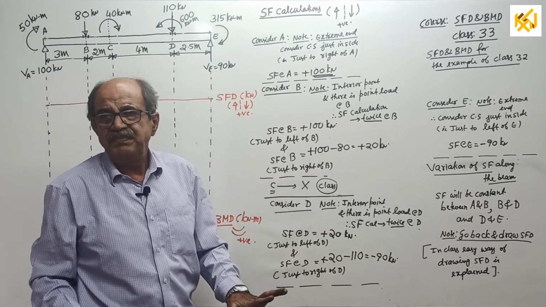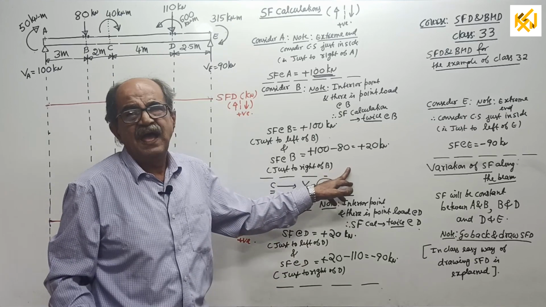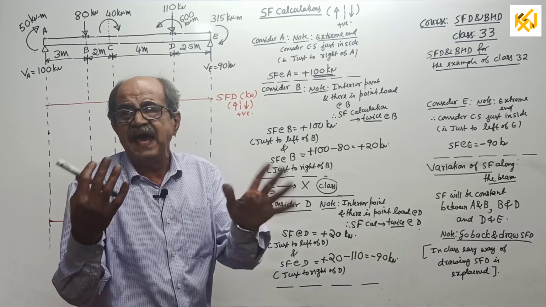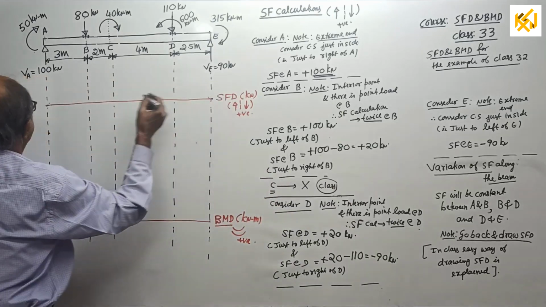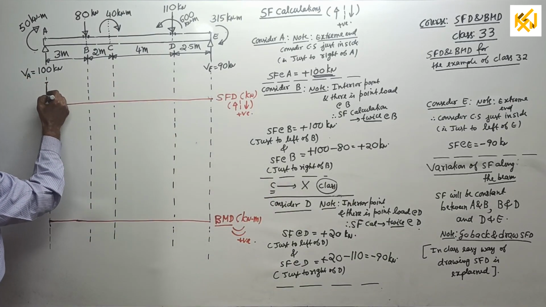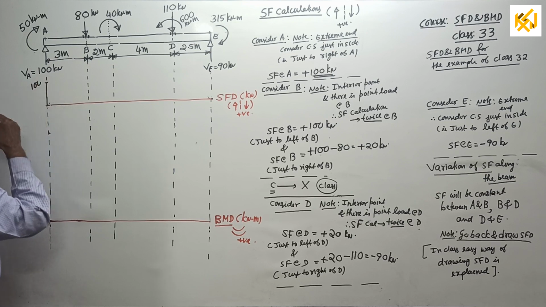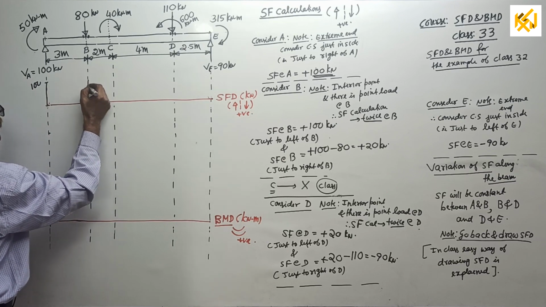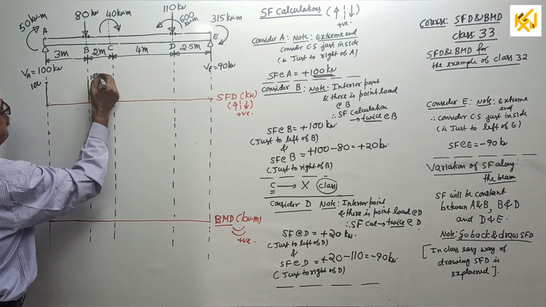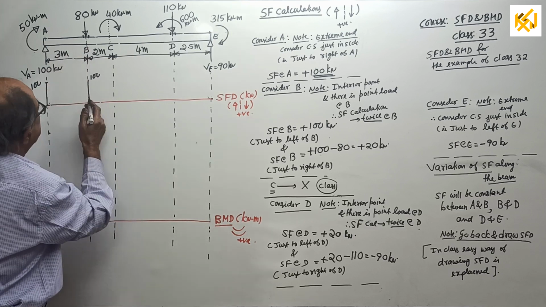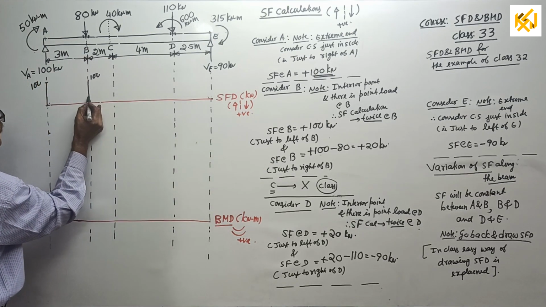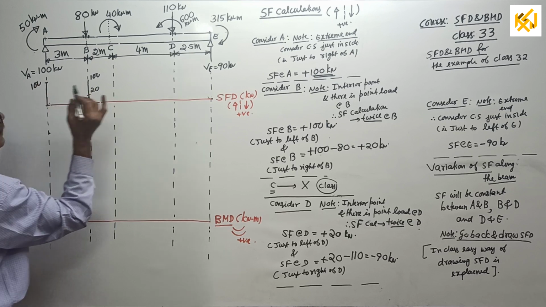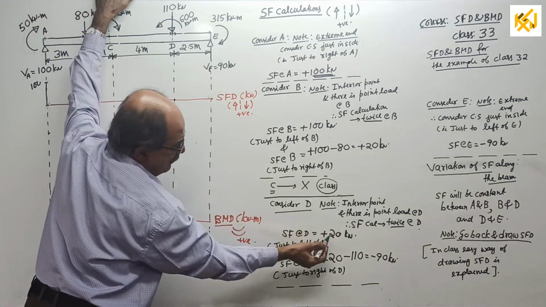Anyway, I told we are drawing, my purpose is already over. I told when everything is ready, we will enjoy one diagram. So, see here, shear force at A, plus 100, I will mark here, 100 kilonewton. Shear force at B, just to left is once again plus 100, above. And just to right of B is plus 20, see, plus 20, not exact to scale. Then at this point, just to left is plus 20.